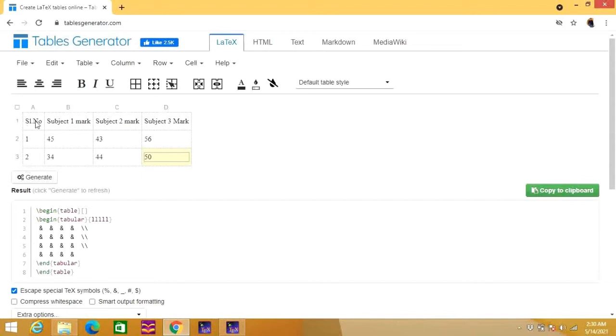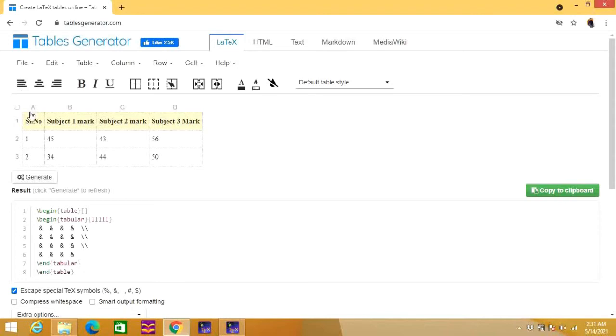Once you create the table like this, then you will have different options that I can see. If you want to make these indexes bold, you can use this. If you want to make it italic, you can make it italic. If you want to underline, you can use underline. So what I am going to do is just use bold.